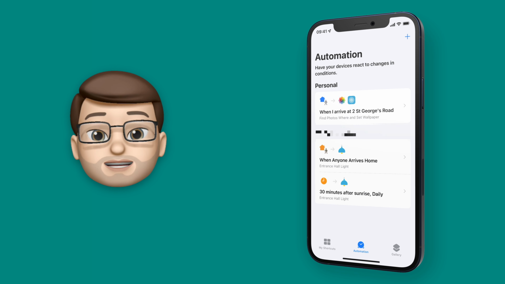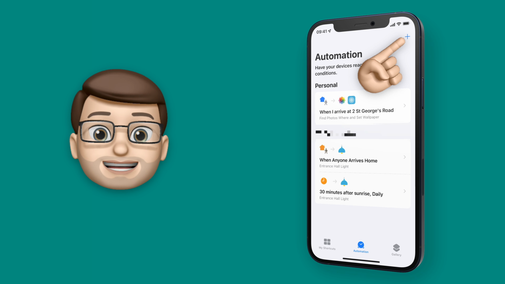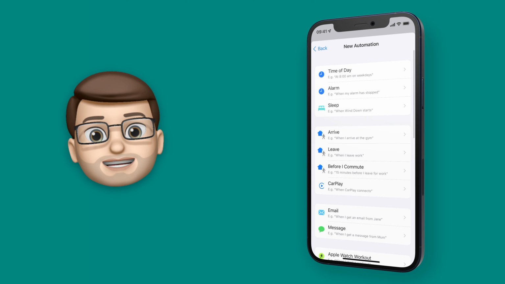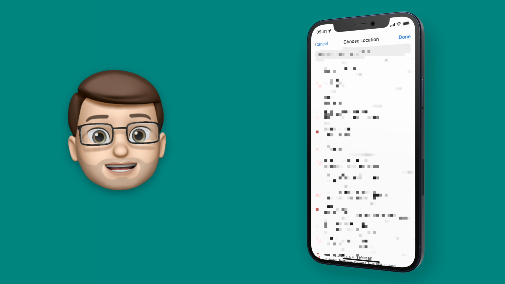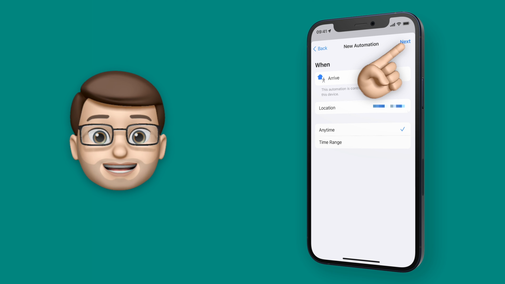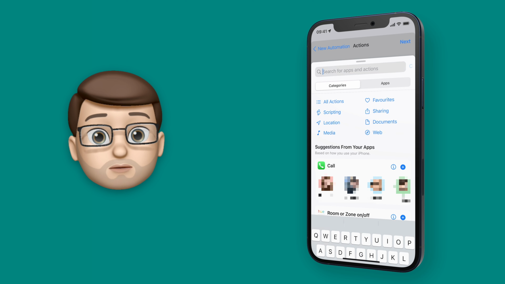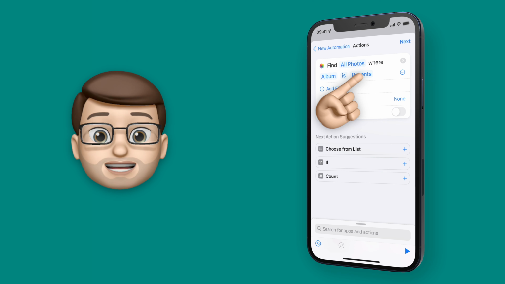You may well have guessed, but I'm now going to copy that exact same process for my home wallpaper and my home location. So I'm going to add a new automation. I'm going to choose Personal Automation, and this time I'm going to choose Arrive, but rather than typing in my work address, I'm going to type in my home address instead. Then on the next screen you're going to start adding in your actions, and just like before, our first action is called Find Photo. Don't forget to tap onto Filters and then choose the name of your album.